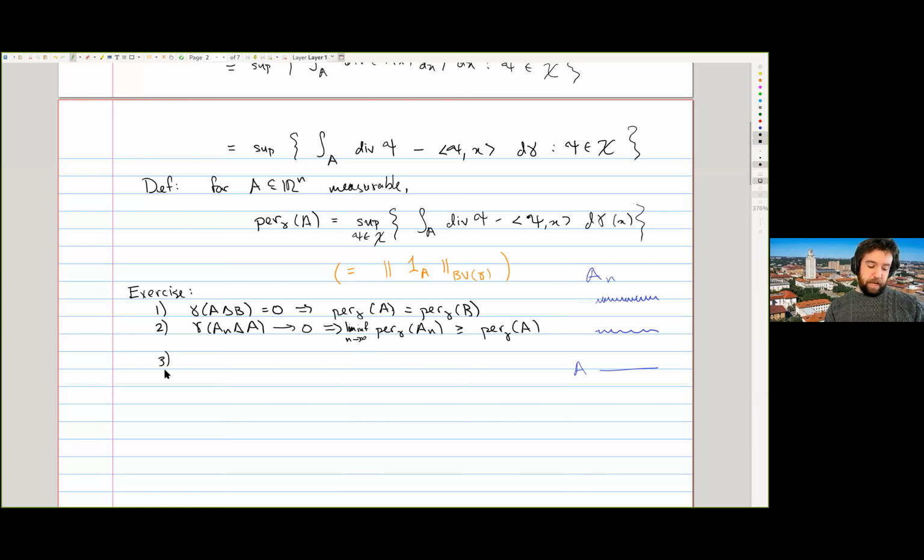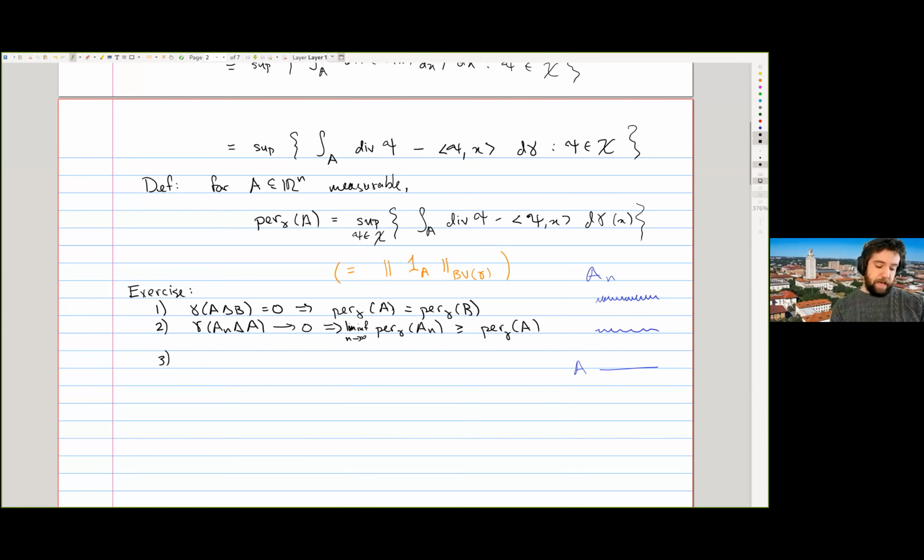The next thing that happens is a sort of converse. In general, you have sets converging. Their perimeters, the limiting perimeters, could be larger than the perimeter of the limit, but you can always find a sequence where you get equality. So for every A, there exists a sequence of sets approaching A which are very nice: bounded, open, C infinity boundary,